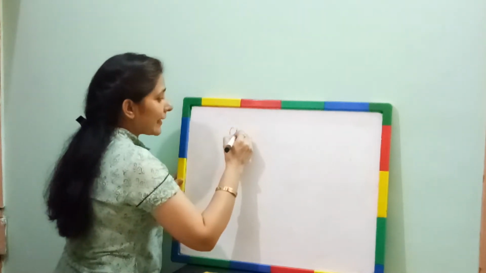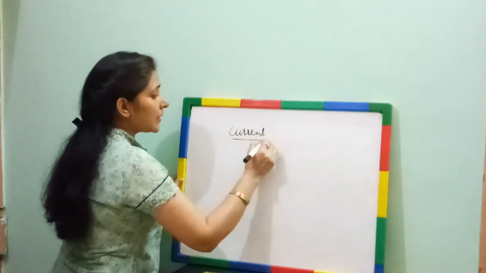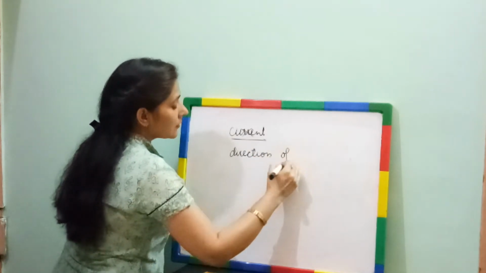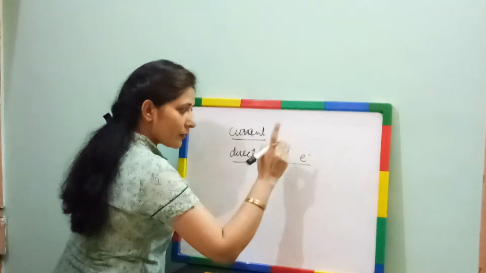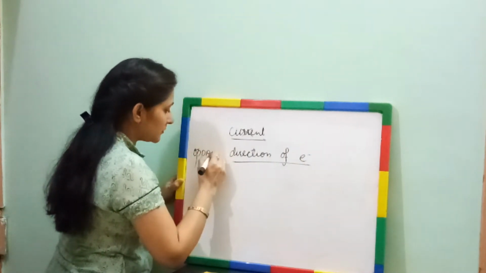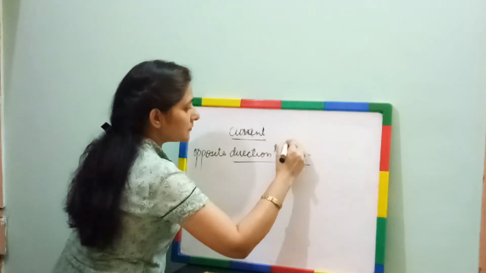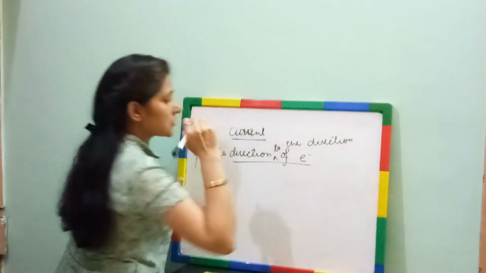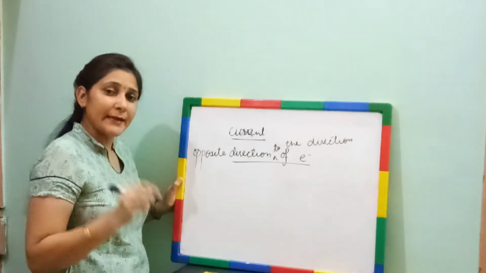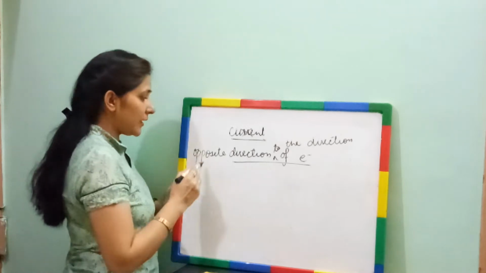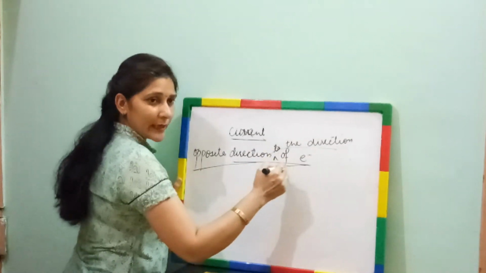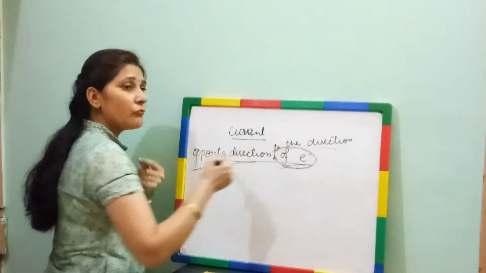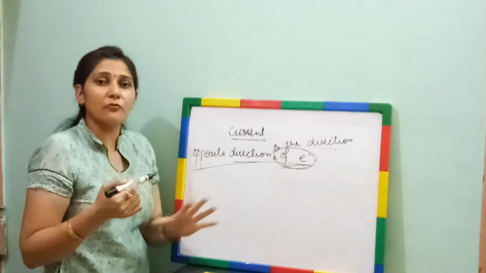That does not mean directly the direction of current. That means the direction of electrons. Is it similar? No, it is opposite to the direction of electrons. What is the meaning of direction of current? Direction of current does not mean current itself. It means opposite direction to the direction of electrons. So whenever we are talking about direction there, we are talking about the direction of movement of electrons. We do not mean direction of current directly there.